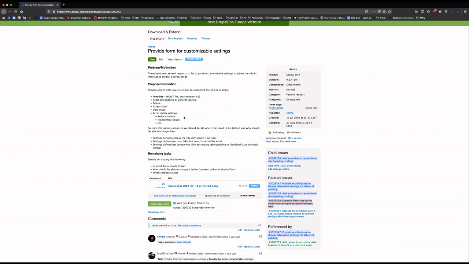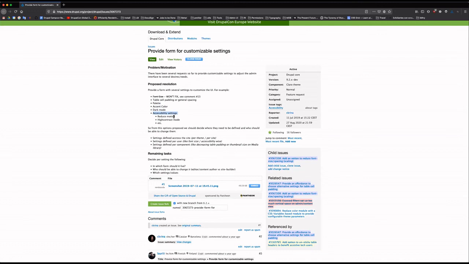So basically, we came up with this idea. It was obvious that we needed a form to customize things. Several of them, for example, one was the palette, like if someone wanted something based on red instead of blue or green. Also, the accent color, which would be only the buttons, but then create a whole palette using other colors. Obviously, the dark mode, and then other accessibility settings like